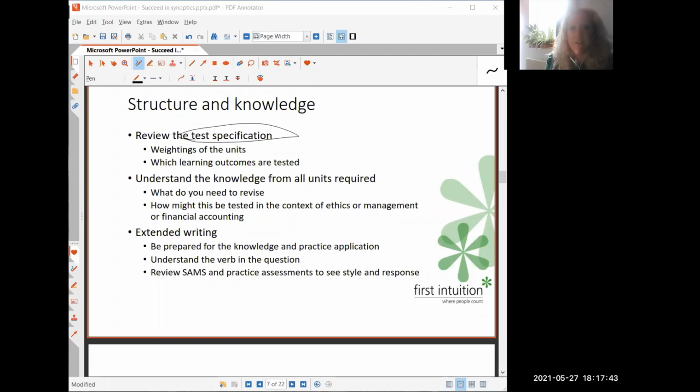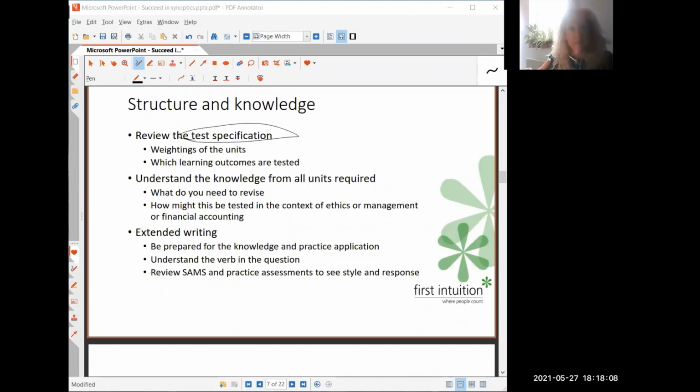What you need to know, you need to understand the knowledge from all of the units that are included in that assessment, but in relation to the learning outcomes that are in that specification. So it can help you decide what you need to revise. It also gives you a little bit of an indication as to how those learning outcomes might be tested